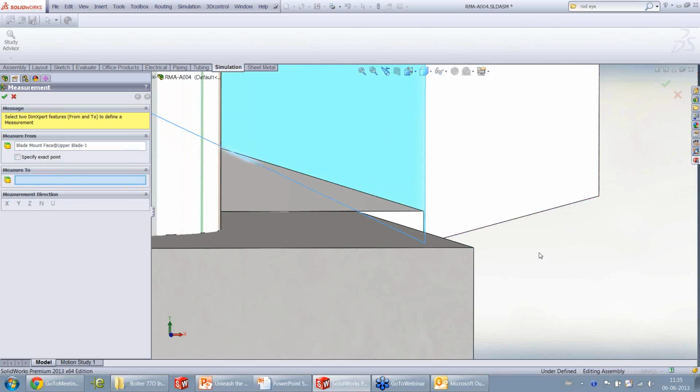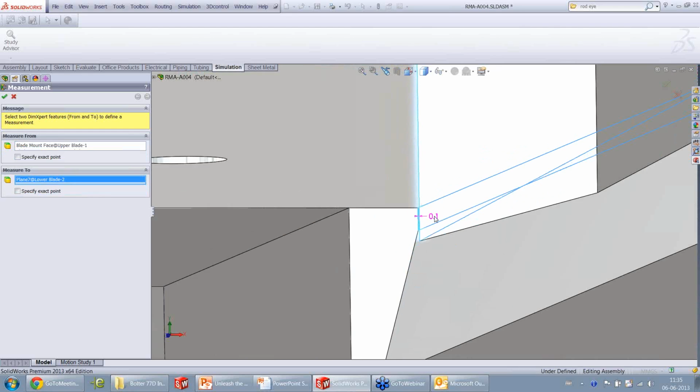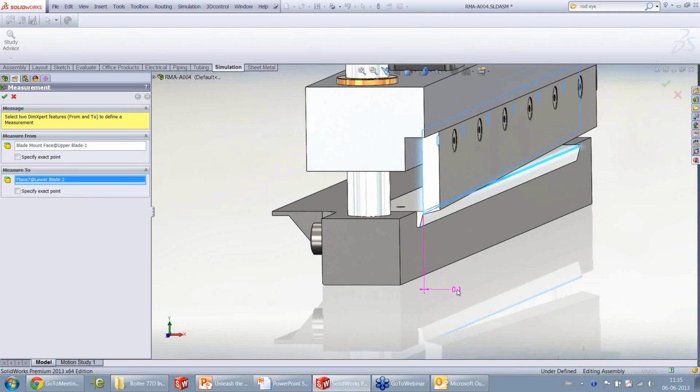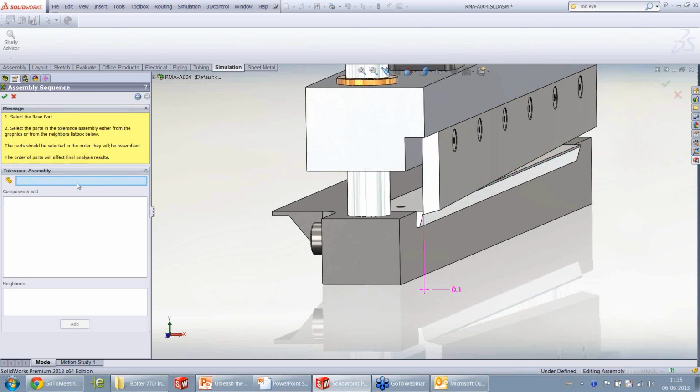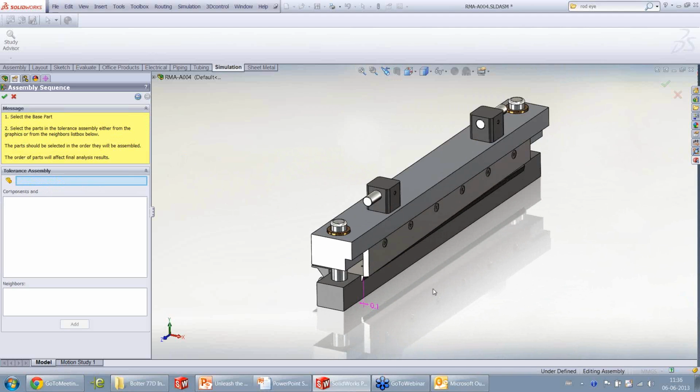All you have to do is select these two faces. And once you do that, SolidWorks will give you a measurement of 0.1. This is going to be our study. And now SolidWorks tolerance analysis, Tol Analyst,